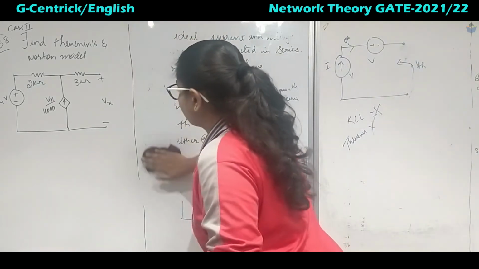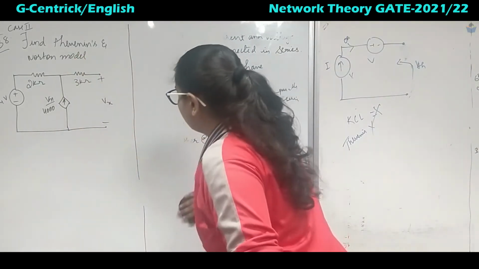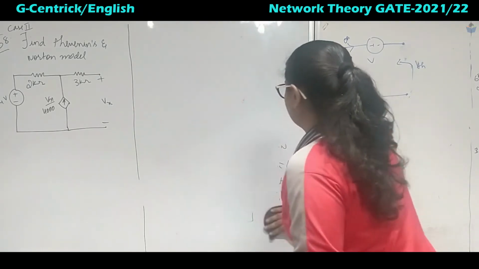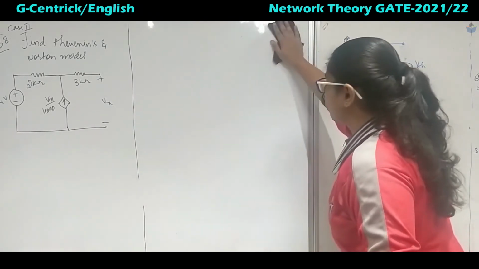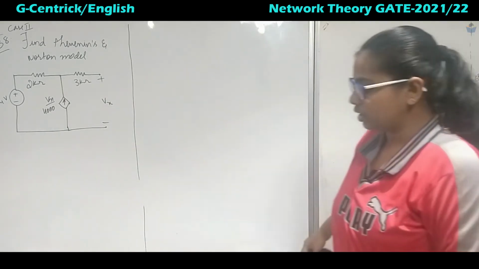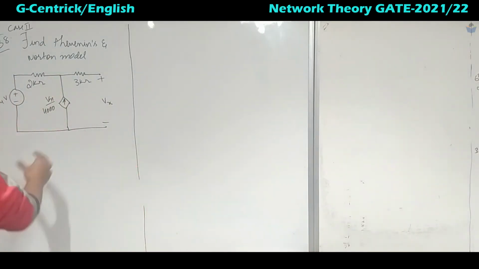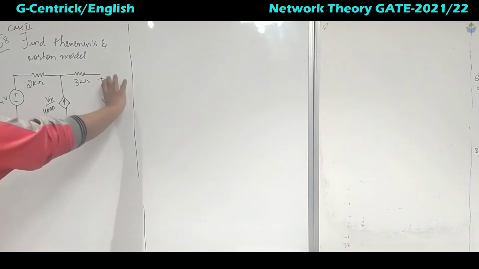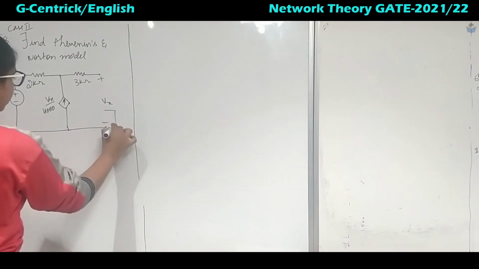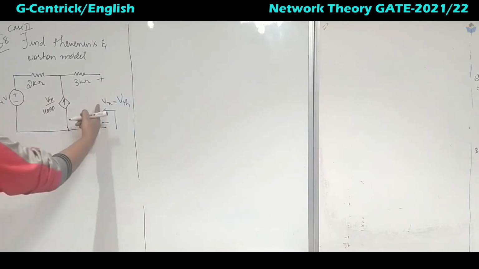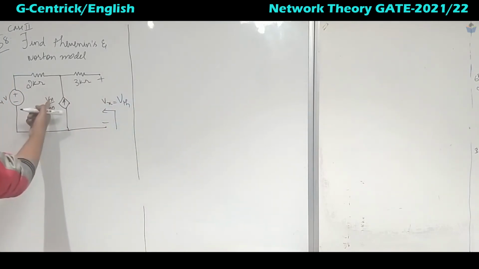So this is case number 2, where we have got dependent as well as independent sources. Right? So now it says find Thevenin and Norton's model for that circuit. You have got a dependent source here. 4 volt is given, 2 kilo ohm and 3 kilo ohm. So Vx is here. Now Vx is nothing but equal to V Thevenin. Here also the same thing, V Thevenin divided by 4000.